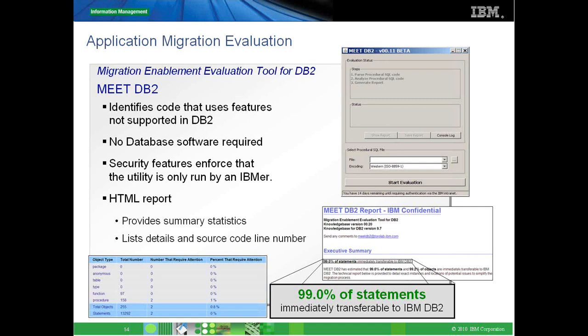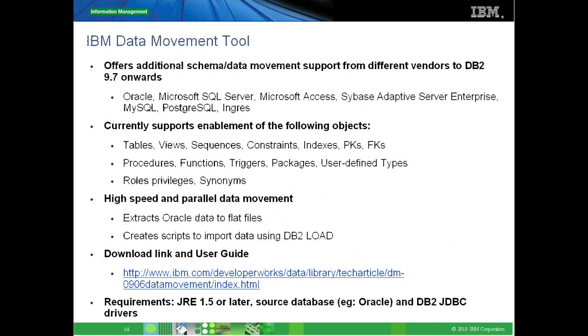For example, in the screenshot, I have shown that the report which you have run is showing that 99% of the SQL statements are ready to be transferred onto DB2, which means you don't really need to touch that portion of the code. So what we're talking about is looking at 1% of the code where you need some amount of changes to be made. Manual intervention, if you would like to call it. Like I mentioned, Meet is for evaluation and effort estimation in a way.